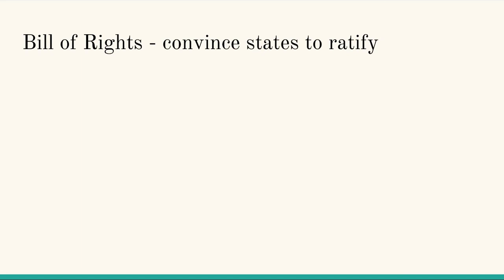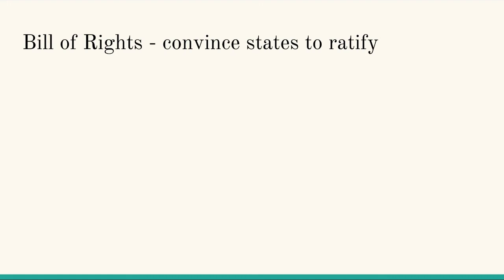Some state level governments think that what was in the Articles of the Constitution still wasn't enough. Yes, it set up a government. Yes, it explained job requirements and how long you could serve in certain jobs and all of that, but it doesn't specifically state rights of everyday Americans. Who does this apply to? What kind of freedom exactly do we have? So people at the convention make some changes. They tack on a list, and that list is the Bill of Rights.